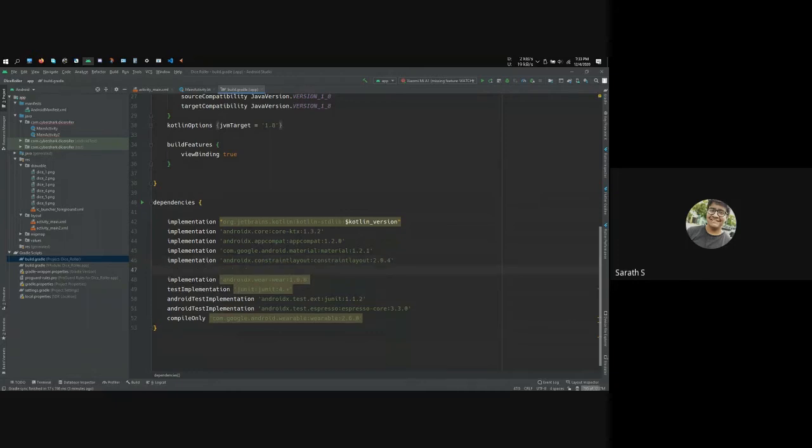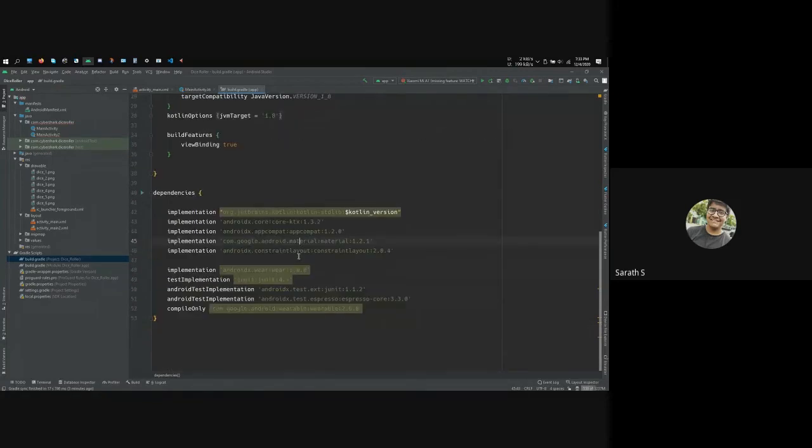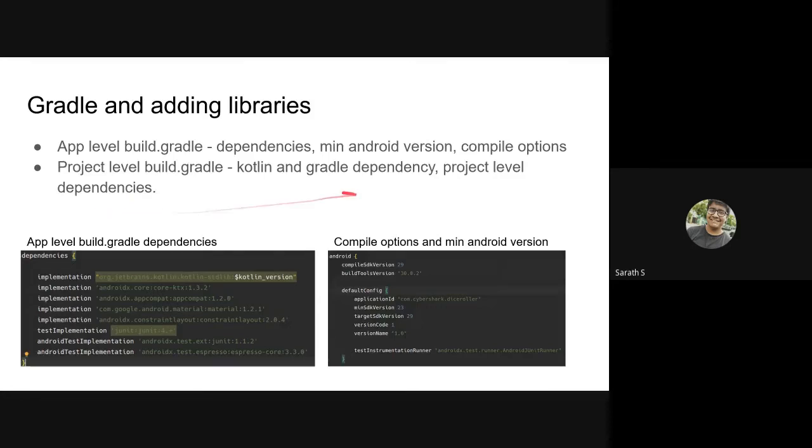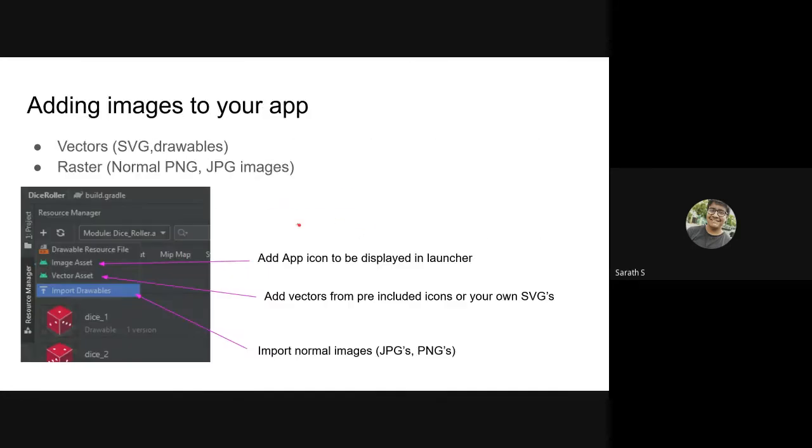You just copy paste. We looked at constraint layout before. This is the dependency for the constraint layout here, and the version as well. There is a Kotlin dependency, there is Android stuff, there is the theming dependency. This is for themes. There's a constraint layout, and there are many dependencies here. You just add dependencies here. Yeah, that's what it is about Gradle files. And moving on.